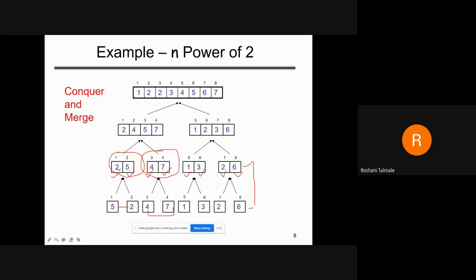तो कैसे करोगे? One by one comparison has been done. 2 will be compared with 4 now. So 2 is less and 4 is greater. So we will make it 2 and 4 over here. Okay. Then the second elements, 5 and 7. So 5 is less and 7 is greater. So we will make it 5 and 7.